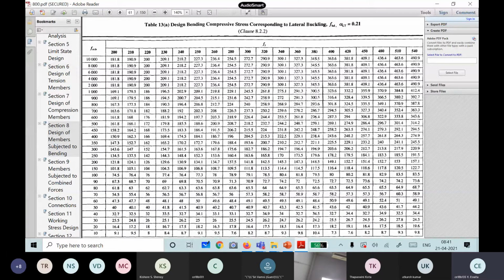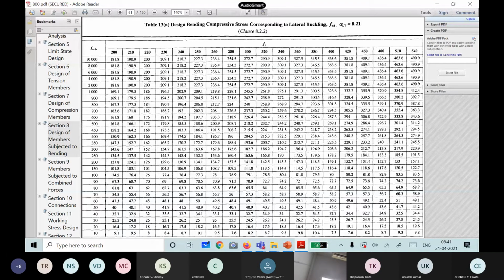Yes, sir. So now from this table, say you find out your FBD. Now what is our FCRB? See how much we have got for our problem? 270 or 280 approximately. Now here you see 300, 250, and 250 is our value. For 300 it is 163. For 250 it is 152. So our number, you can interpolate between these two, some 163 or 152 or something like that.